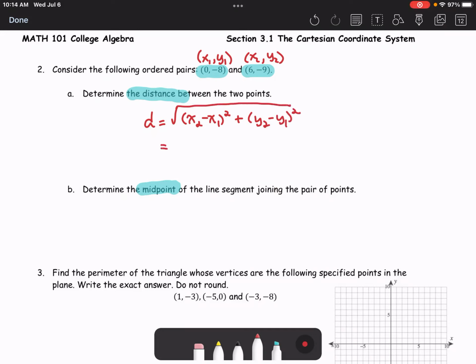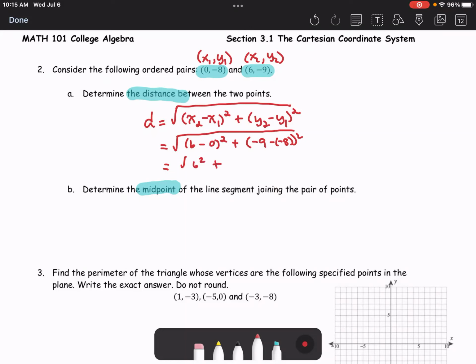Then replace the variables with the coordinates: x2 is 6, subtracted by x1, which is 0, squared, plus y2, which is -9, minus y1, which is -8, squared, all in the square root. Then simplify to be the square root of 6 squared